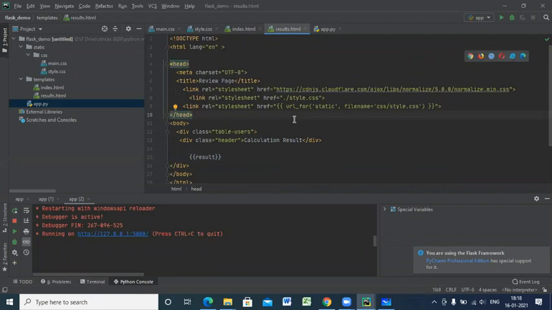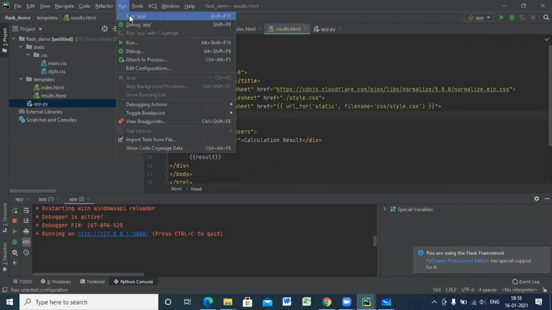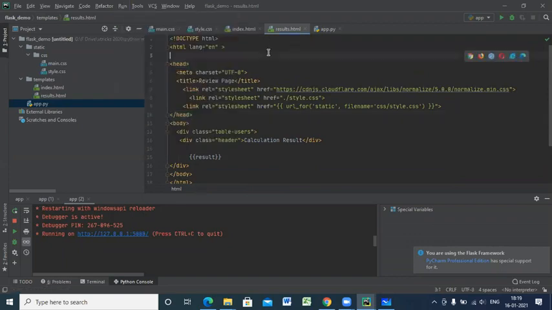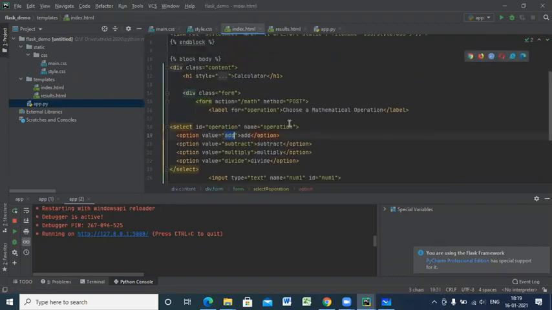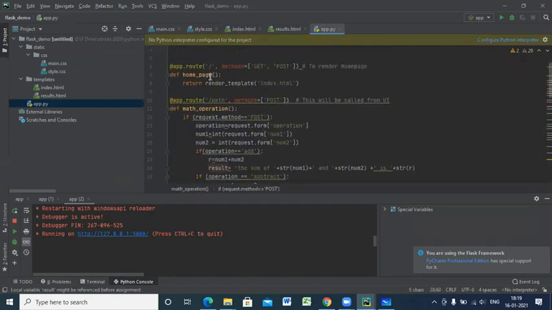Now let us run this and understand. One more important thing here: Vinay, you just ran this app, right? Automatically, how did this index.html page come? You can check here in app.py, there is something called index at app.route slash. This slash means the index page. This index page automatically gives the control to index.html. Whenever I run this application, the control will be given to this slash, this index. That is, the home_page function will be running.